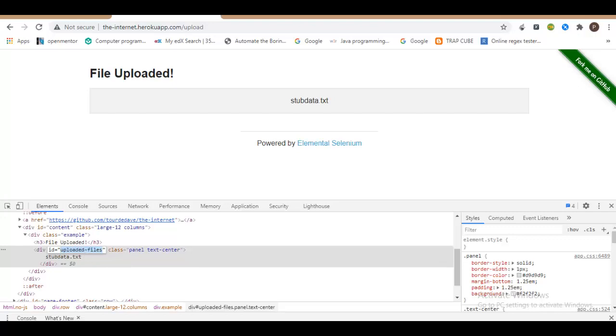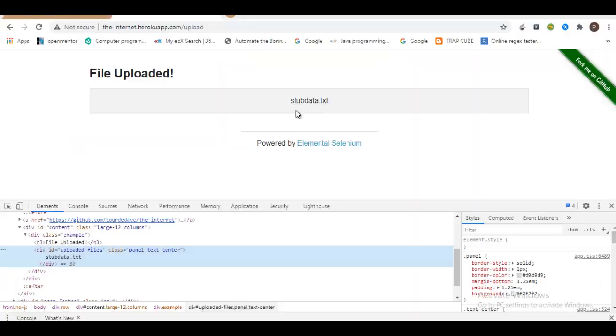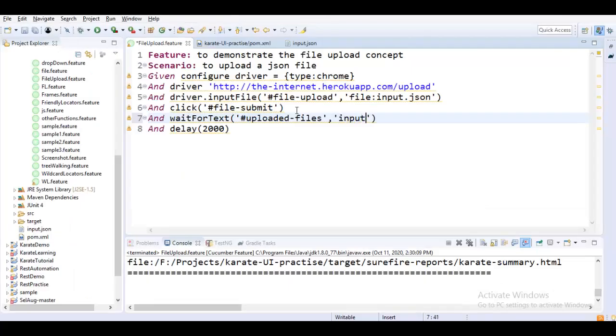Ultimately you have to end up doing some sort of validations. So what I would do is wait for this text to be present. This is the locator, comma, and the value is input.json, not the stub.txt, because the file that we are uploading here is input.json.